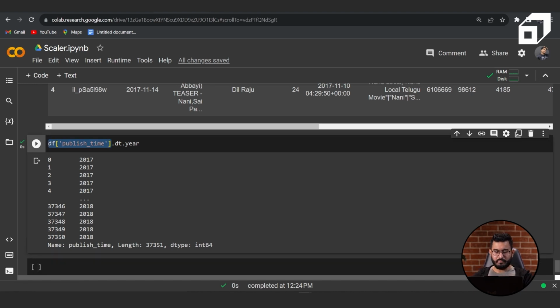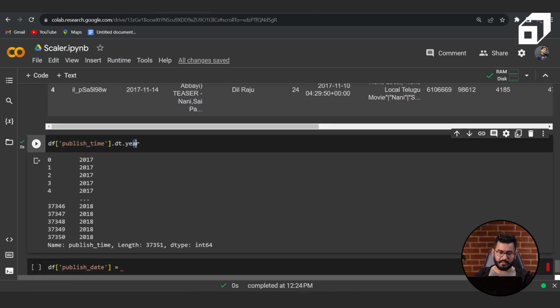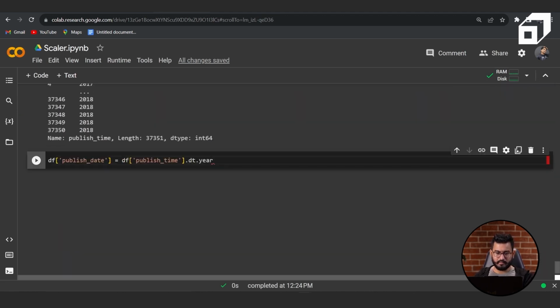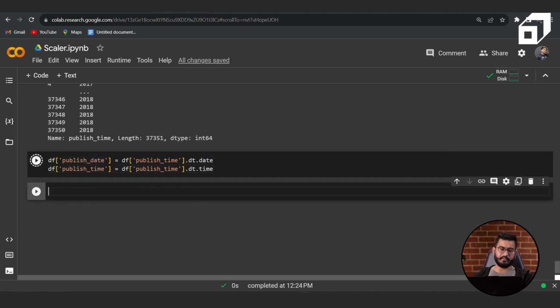Let's create two columns now, one with the date and one with the time. So I'll create a column publish date, which will only have the date component from the publish time column. So let's copy this, put it over here, and I want date. Let's create one more column, which I will call publish time, and this will have publish time dot time. Let's run it. Now if I look at the head,